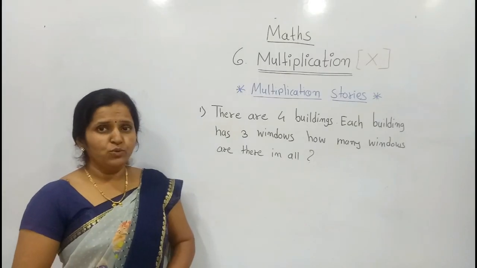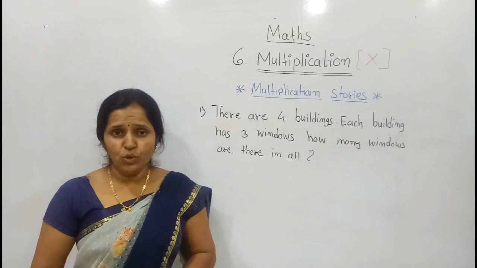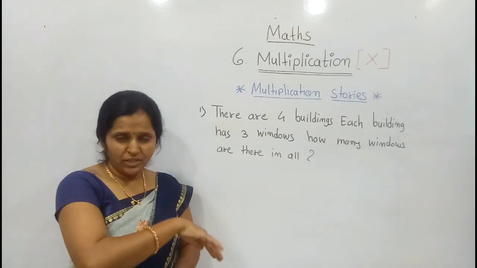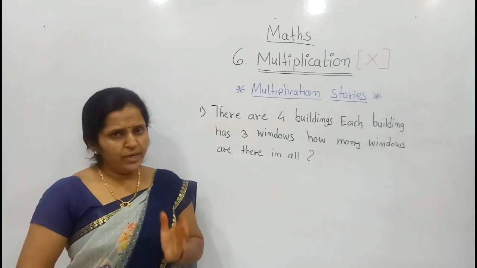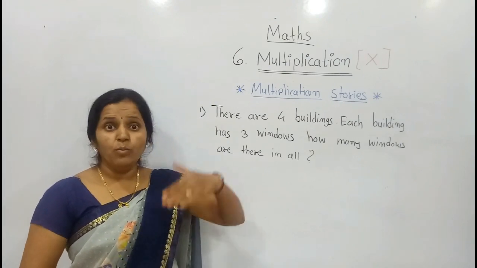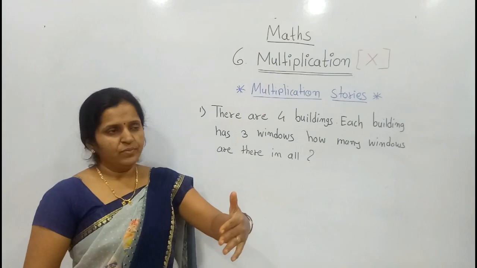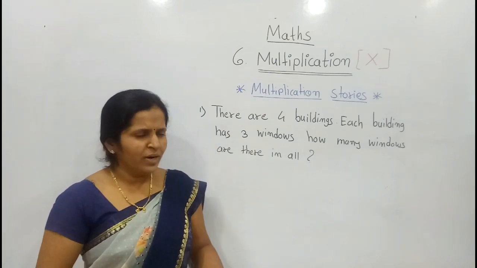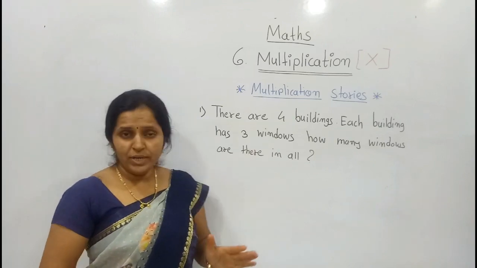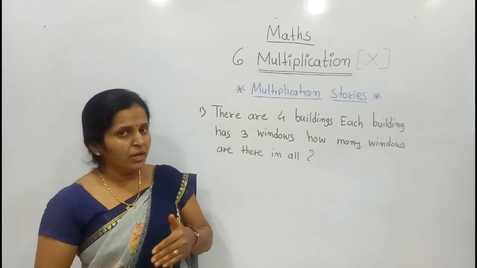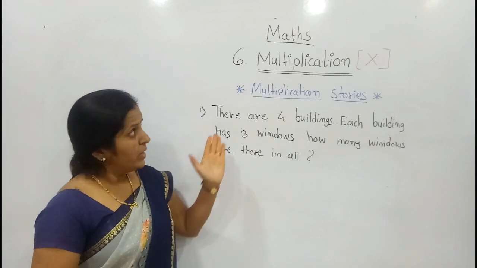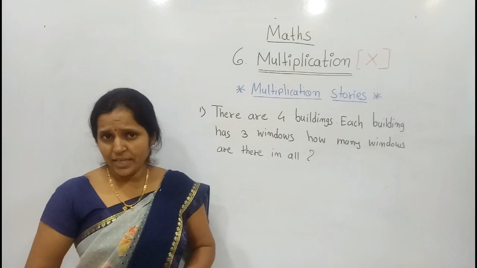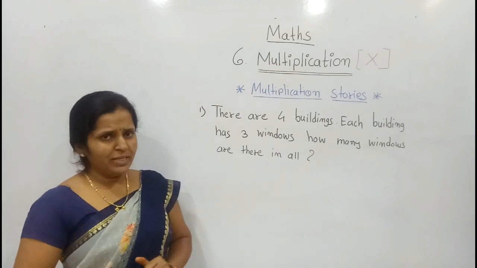Now today we are going to learn the multiplication stories. Multiplication story means word problems, which we have taken in addition and subtraction also. We know in addition, with the help of the word more, we can identify it. Means that is the example of addition. I have given 3 more, 2 more. And in subtraction, which words are important? Left, remain. With the help of those. Now in multiplication stories, or in the example of multiplication, which words are involved? Let's see with the help of some examples.